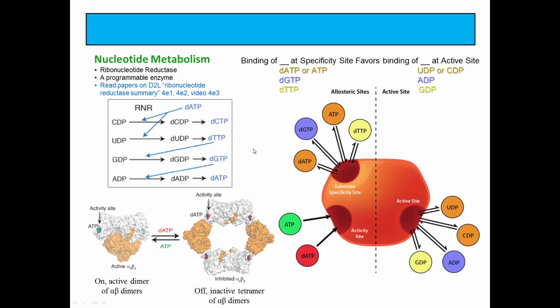And that's shown in the video I posted on D2L. It's also in the same paper that these images came from. It's just also the second paper on D2L. So watch the video first. And it's very subtle: when these different A's, G's, or T's bind up here, the size of those bases rearranges some amino acids in that really simple loop, loop 2, it's called, and it only allows certain things to bind in the active site. So watch the little video. It's a video representation of a few figures in the paper, and it should explain very simply how this mechanism